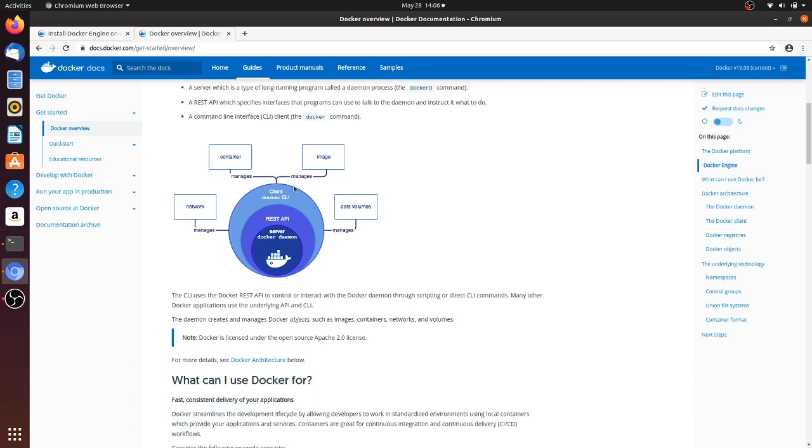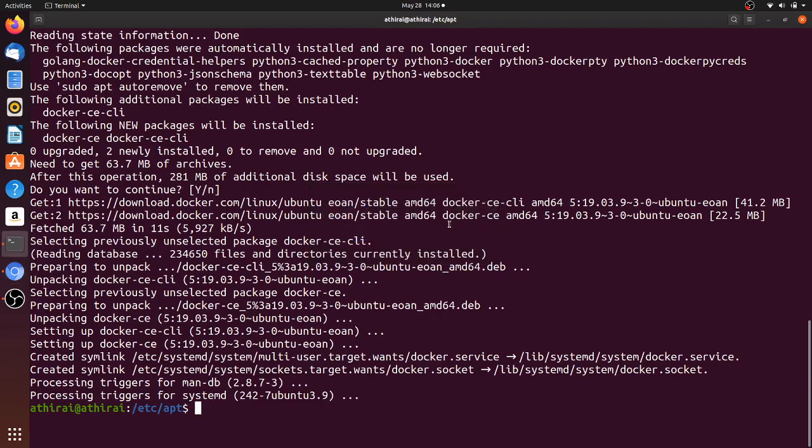Using this CLI we can manage images, that is creating Docker images, and running containers, and then the networking part and volume management. So all these things we can do.